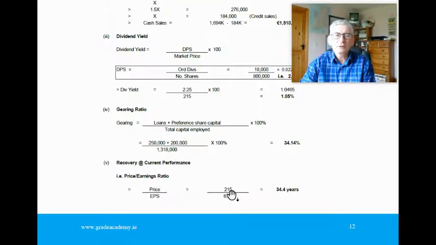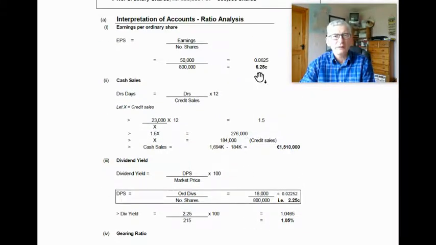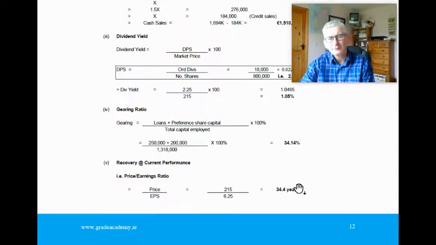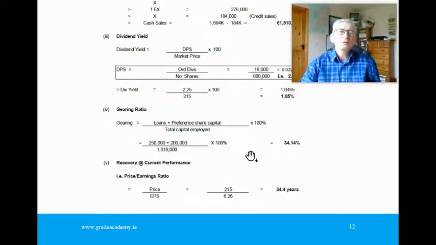So that's 215 cent, which is the market price, over the 6.25 cent, which was the earnings per share that we had worked out here in Part 1. And as an answer, that gives us 34.4 years. And like you would get, if you had this